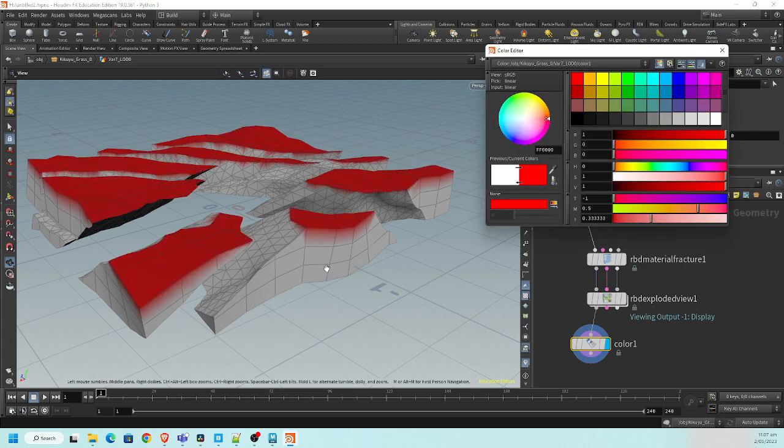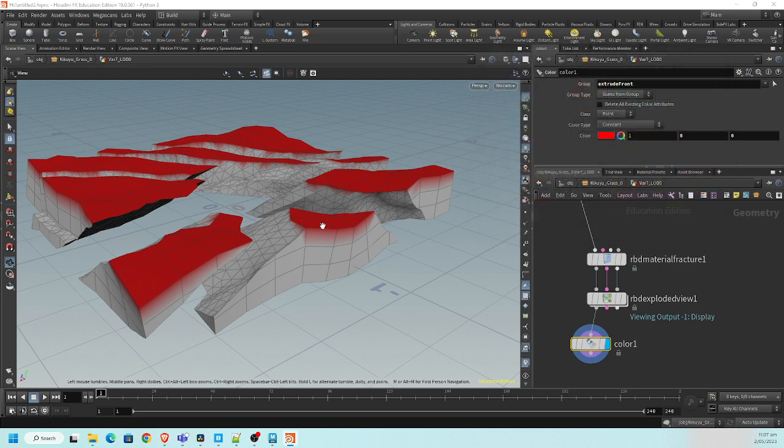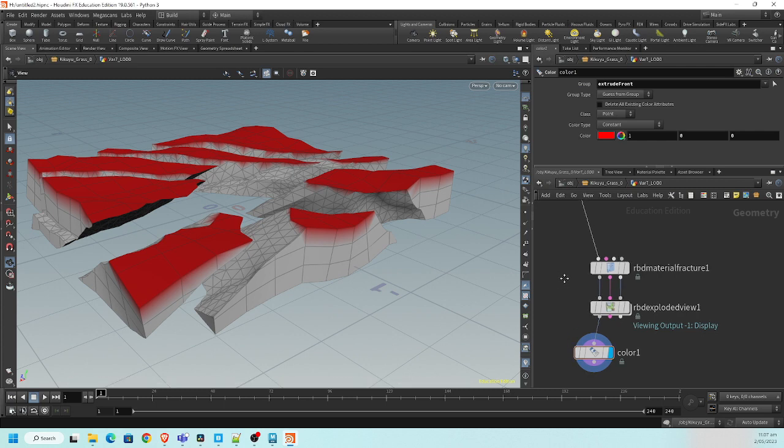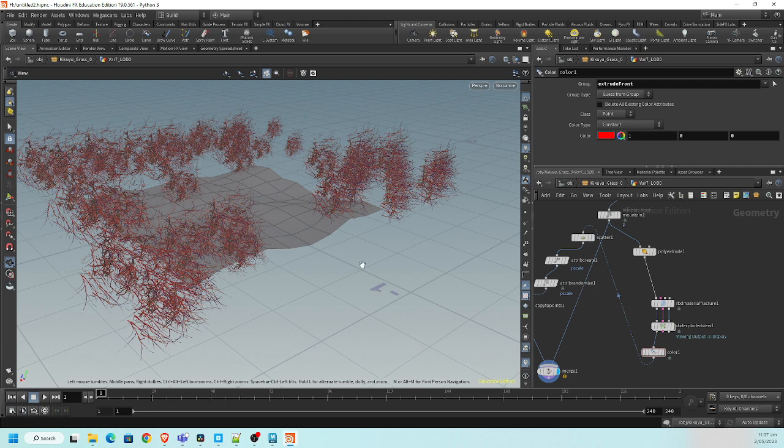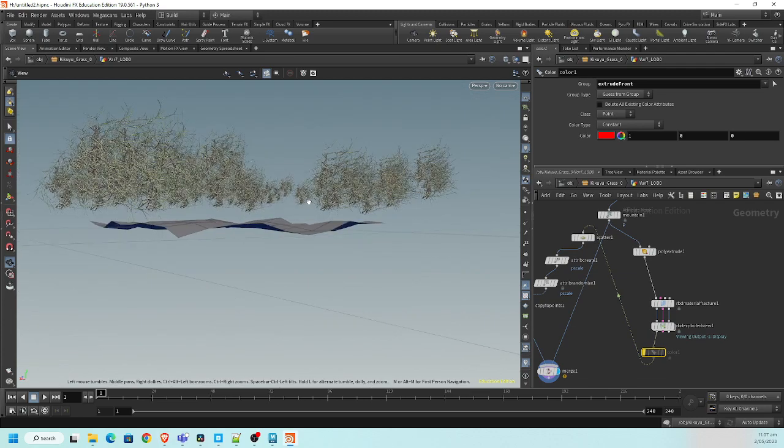So you see that I still have my layers there, which is wonderful. Now if I feed this into my scatter point, of course not color, so let me just bypass that, I get my grass added